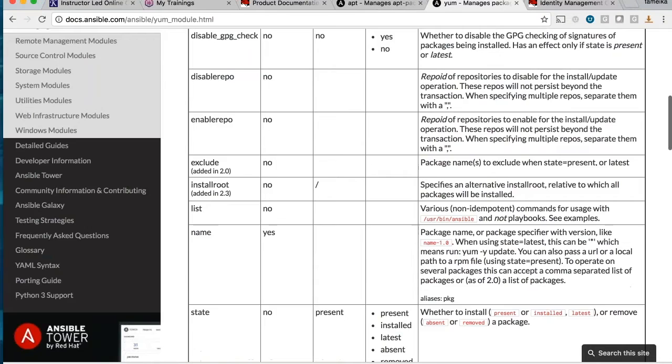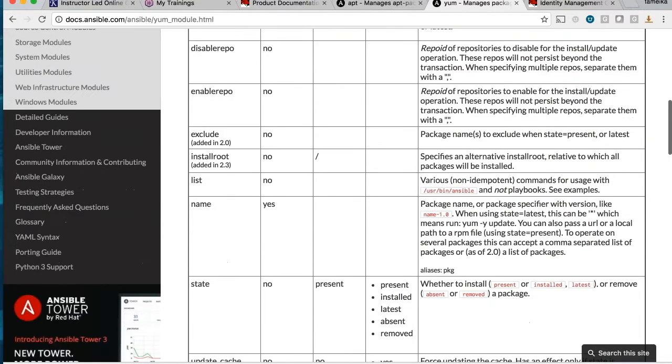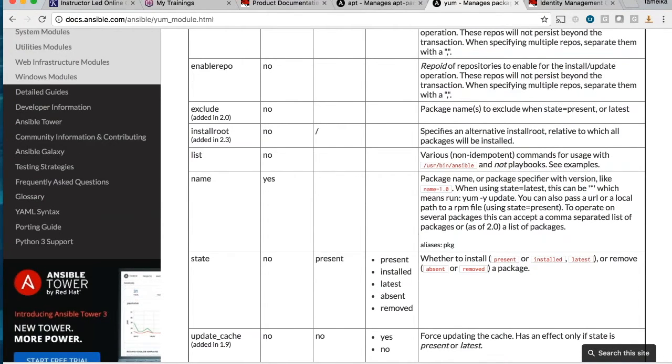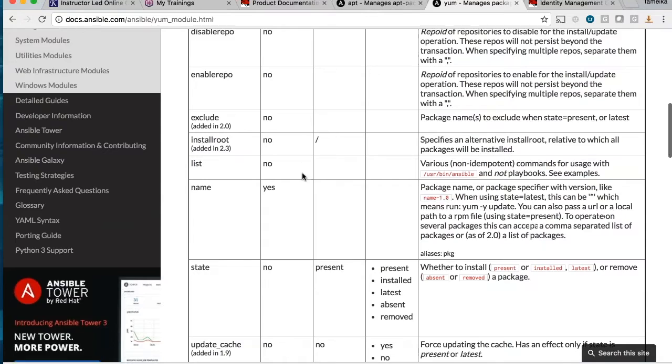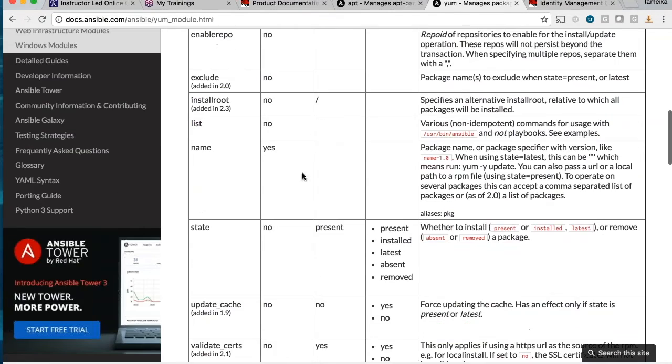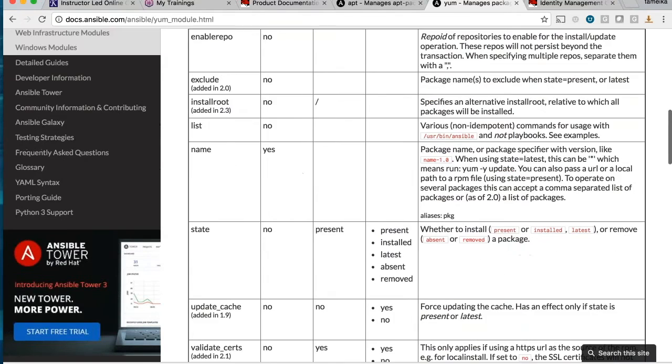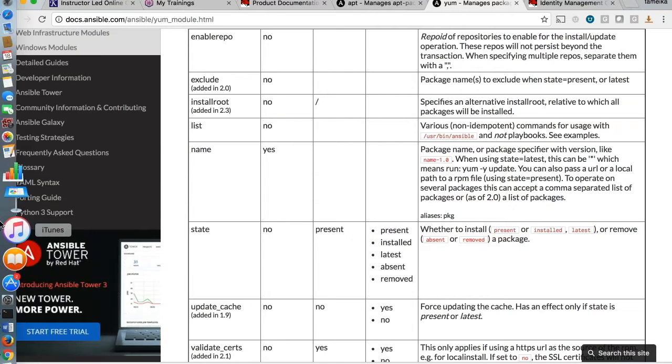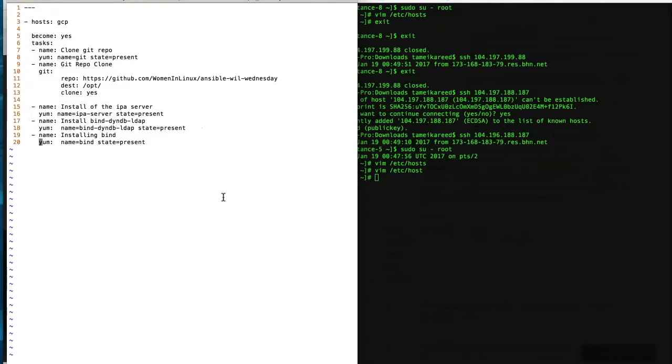Those are the things that you could check for. When we looked at apt, they didn't have any requirements, but name is a requirement under yum, if you notice that. All right, so for all intents and purposes, we're installing the packages for